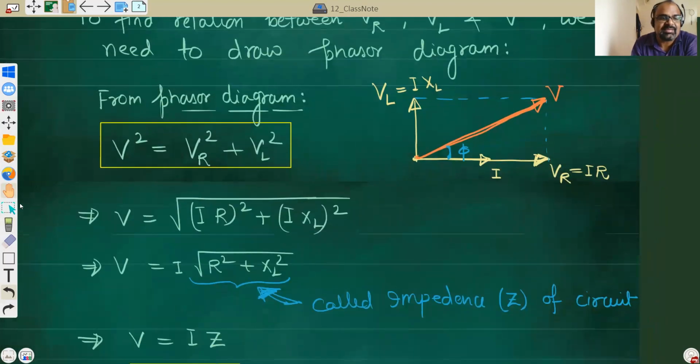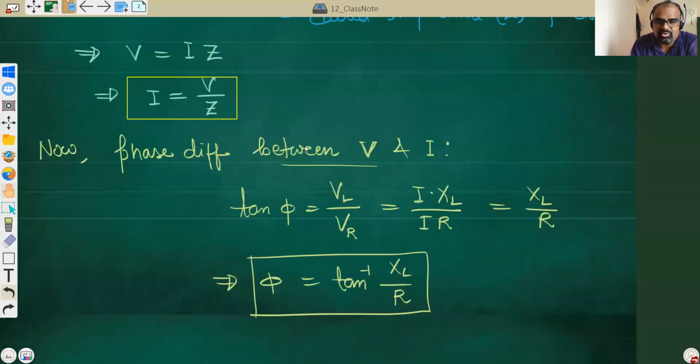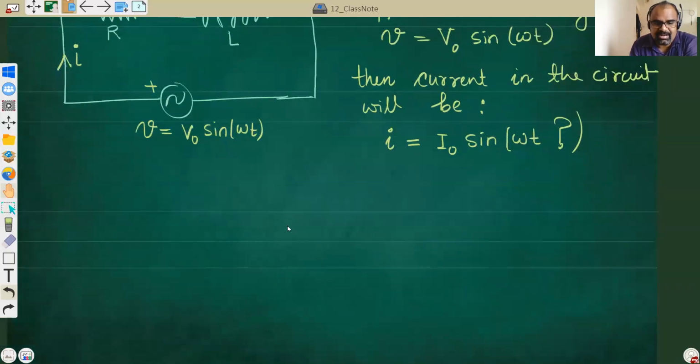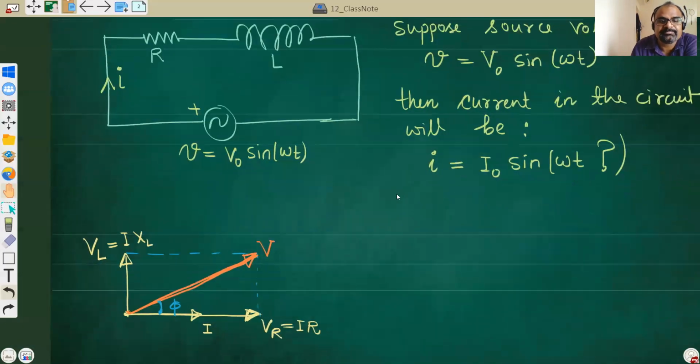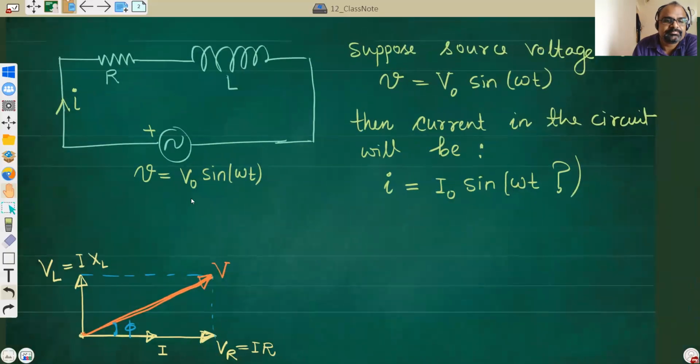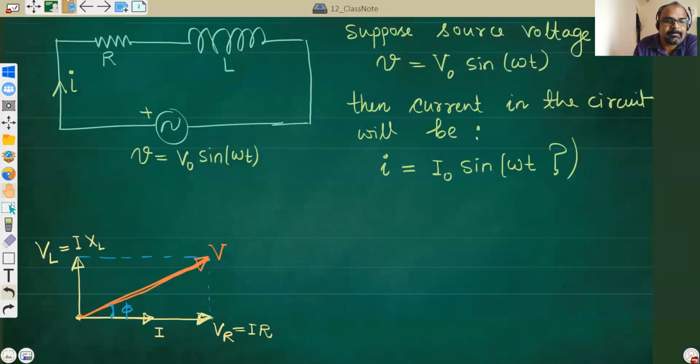See, here is the phasor diagram. In fact, I'll do one thing. I'll copy this phasor diagram so that I don't have to scroll too much, and I'll paste it here. Can you please scroll up a little? Yeah, I will. So tell me, this is the phasor diagram.